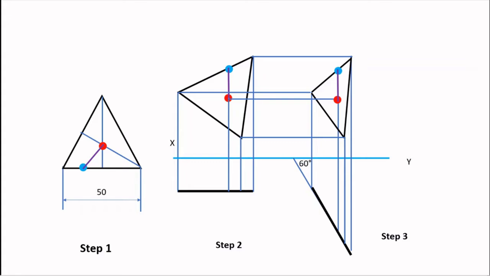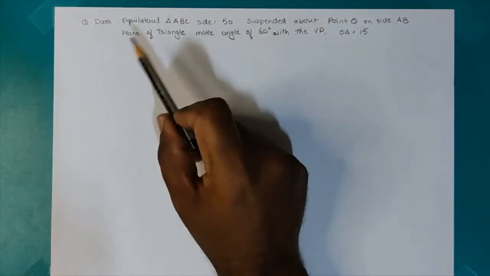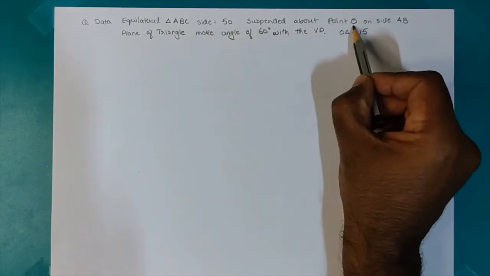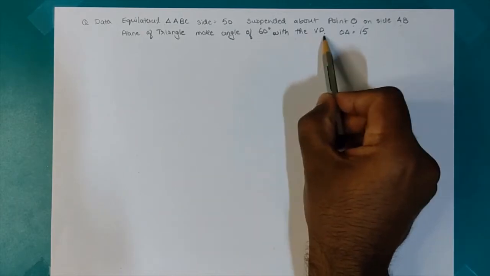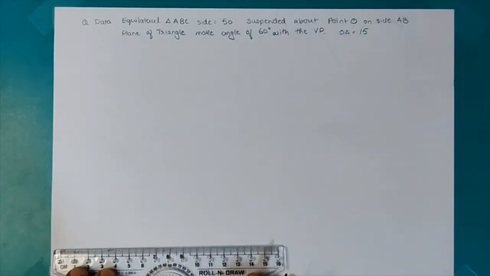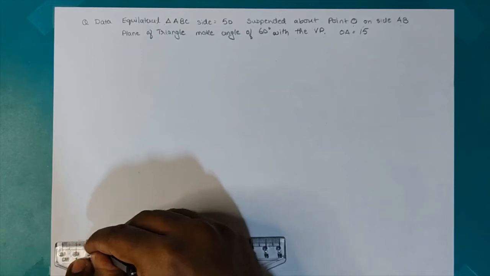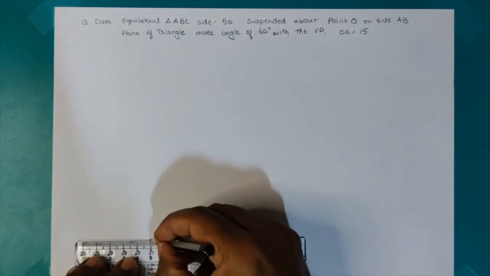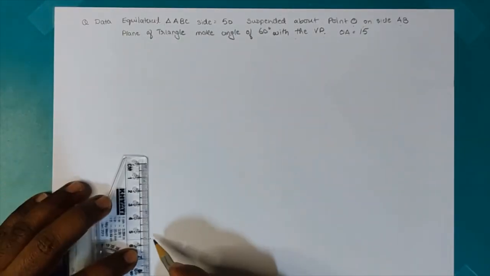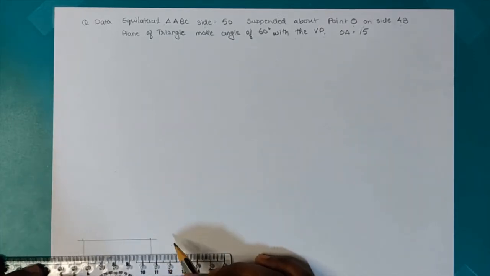Now we'll move on with the actual problem solving. The actual problem solving starts with data interpretation, and we write down the most important things that we need to remember. We start with a horizontal line. Remember, step 1 is reference figure construction. So I'll be constructing an equilateral triangle of side 50. So I've drawn a line of length 50.